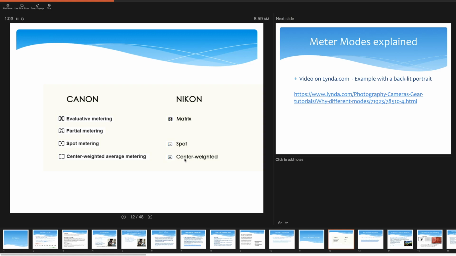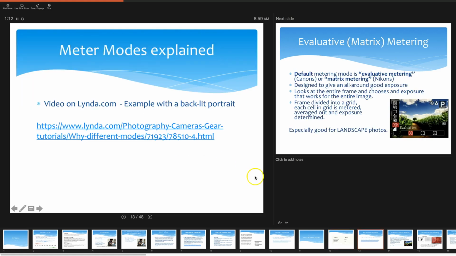Does it look at the whole scene, one specific spot, or does it give the center of your image the most historical weight when it's trying to figure out your lighting? So